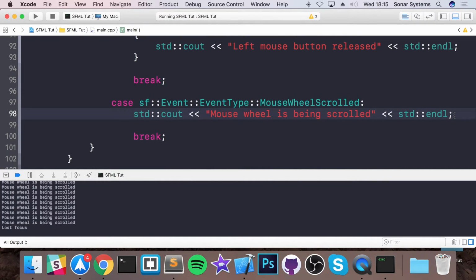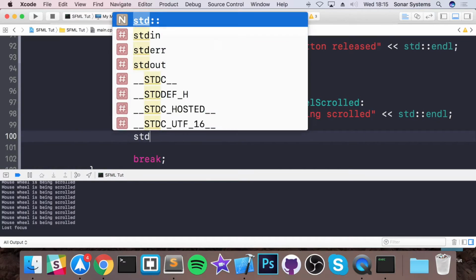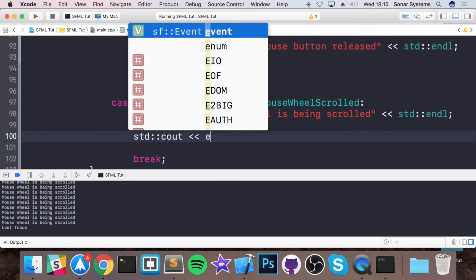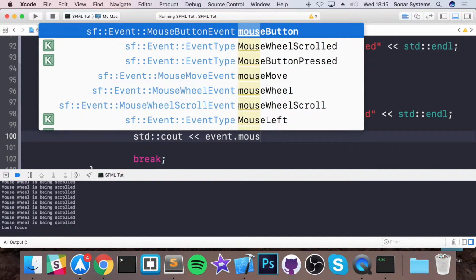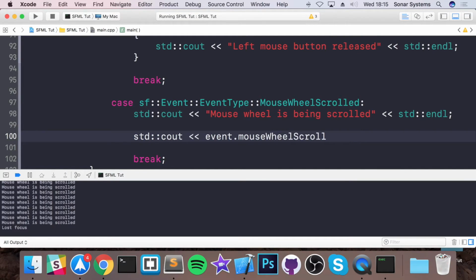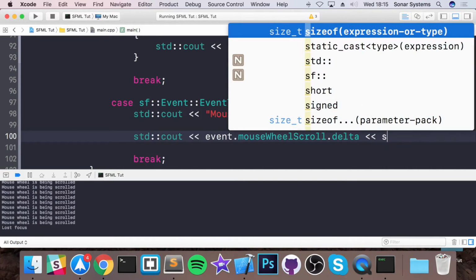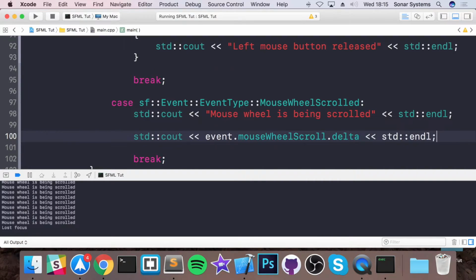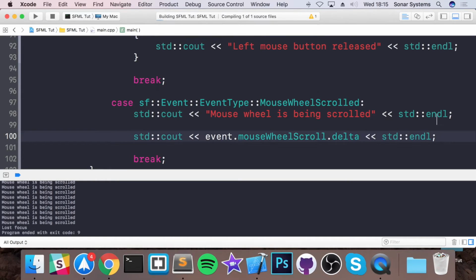But if we want to get a value from it, you just do std::cout event.mouseWheelScroll.delta, and this will allow us to determine the speed of the scroll and the direction. So if we run this now,